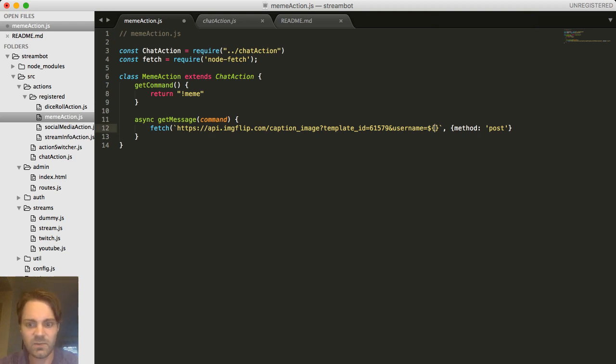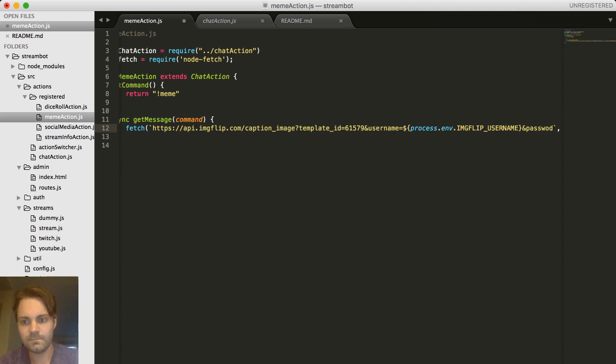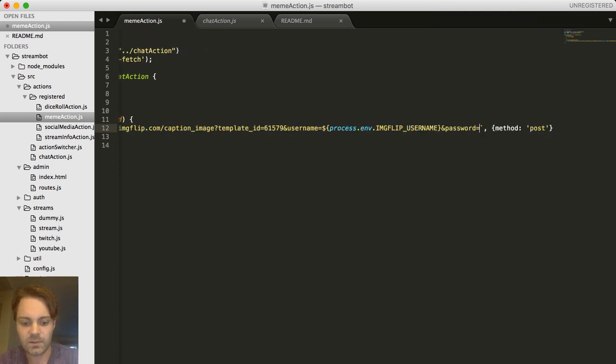Okay, so this will be process.env. And yeah, sorry guys, I'm typing kind of slow because I only have one good hand. And then this will be ImageFlip username. And there's also a password, which is equal to, oops, same thing, but